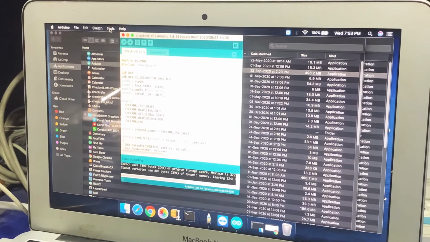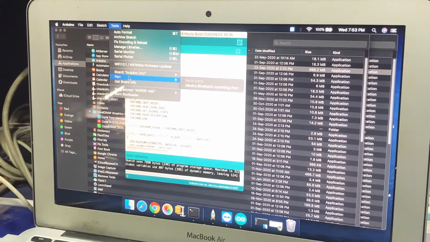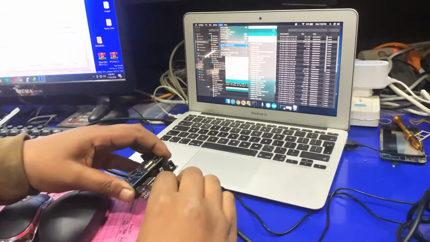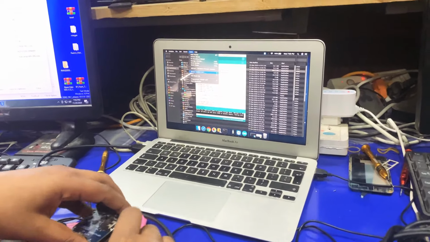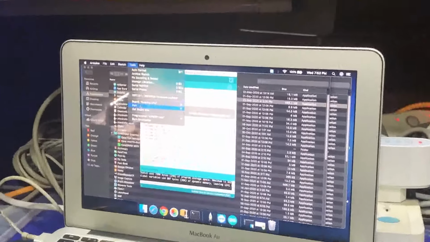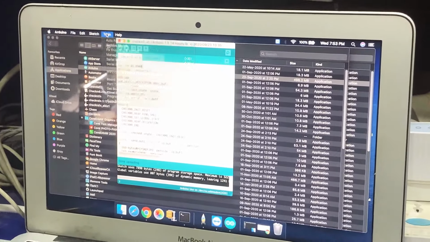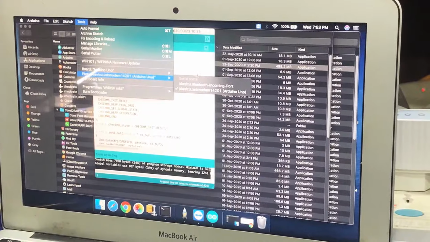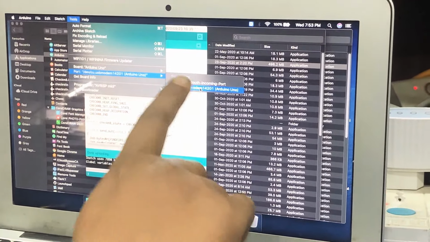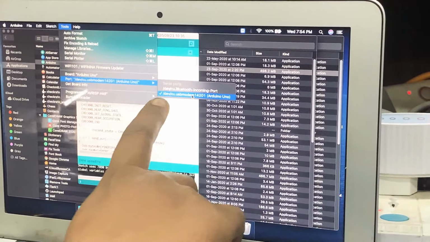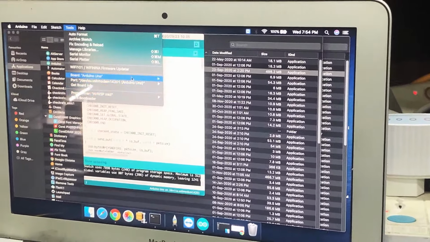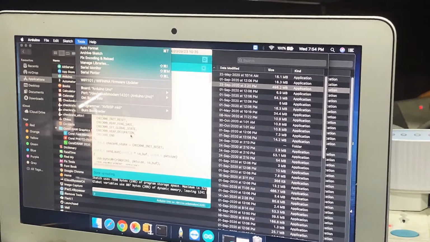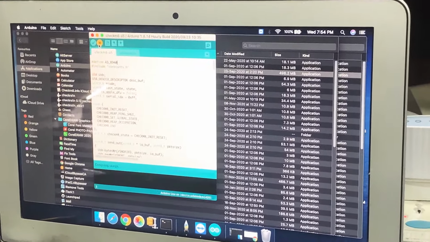Now you have to select the port from the Arduino tool. You have to select exactly this port, and set the board to Arduino UNO, otherwise it can't flash.